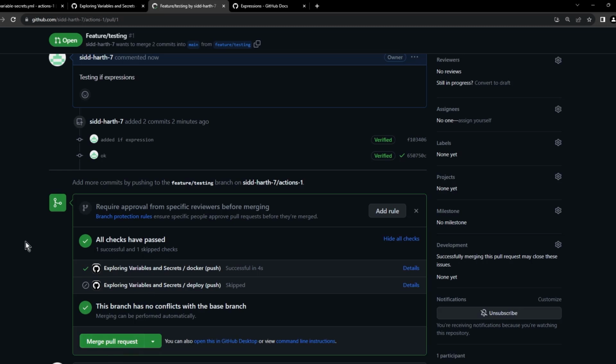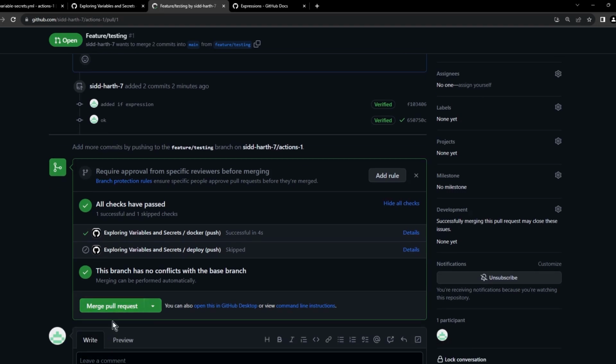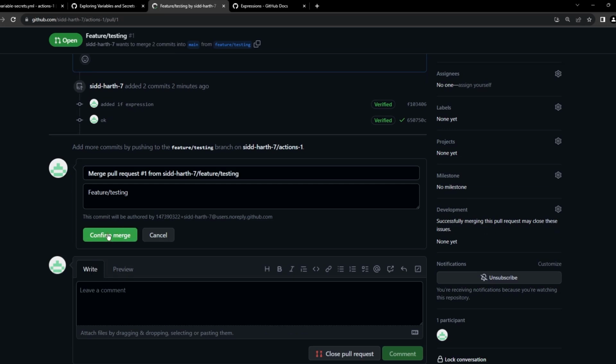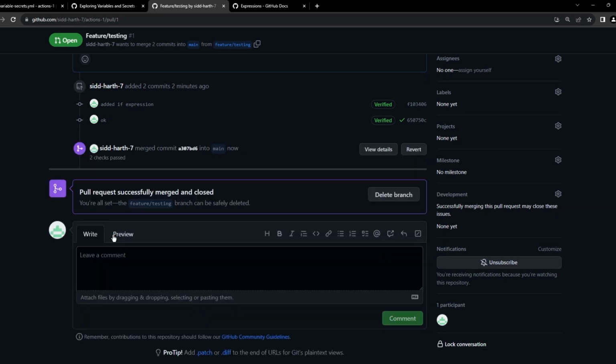Okay, so if you don't get this, it's fine. We are going to explore this more in the upcoming sessions. Okay, so let me just click on merge pull request, confirm the merge, and it's going to be merged to